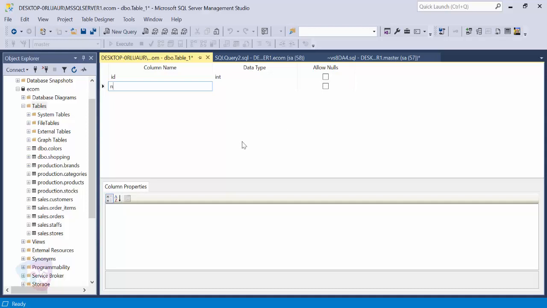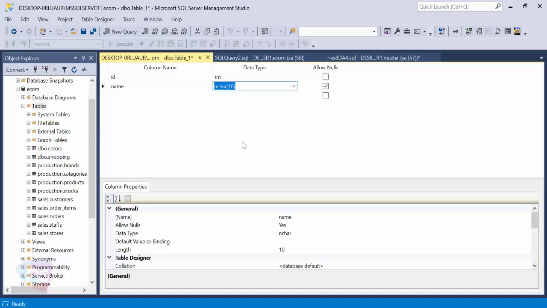Next I am taking a name. I'm taking nvarchar. You just type the data type here if you know it, or else you can click here and choose from the list. Now nvarchar(50) I'm taking as the name, and Allow Nulls I can leave the same.